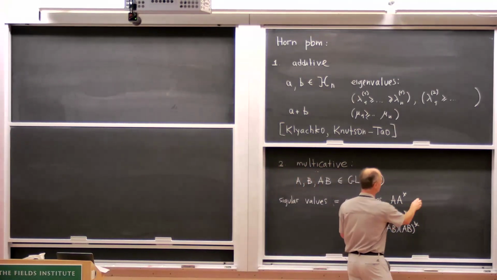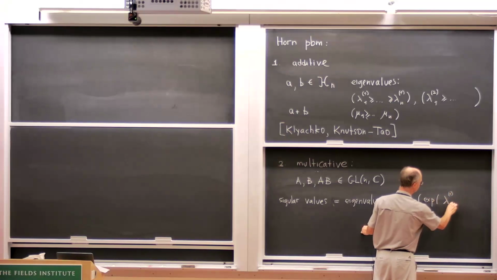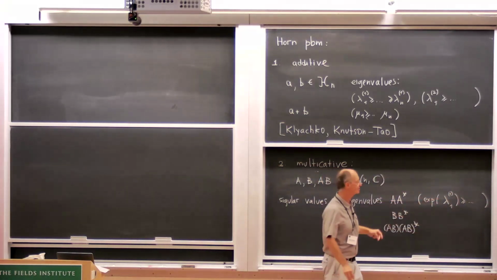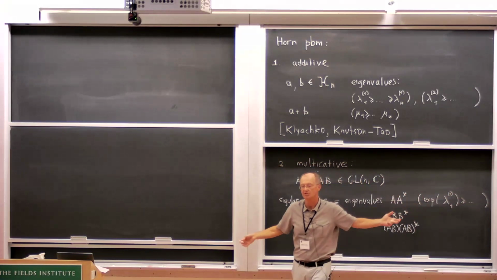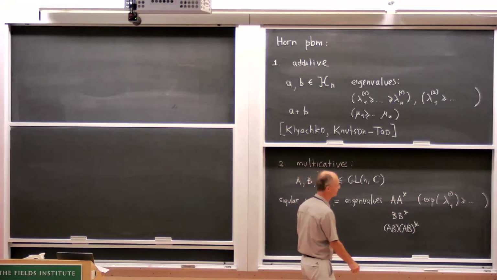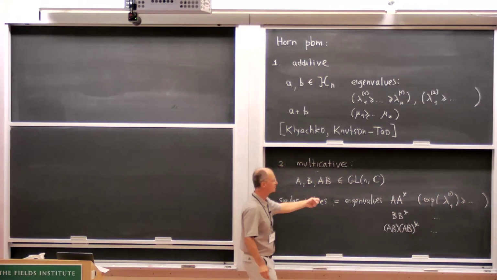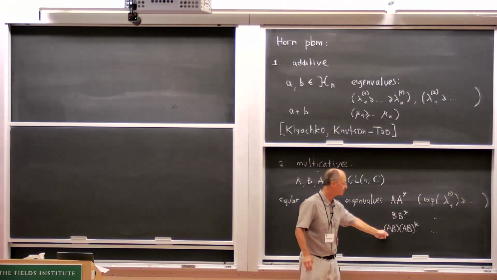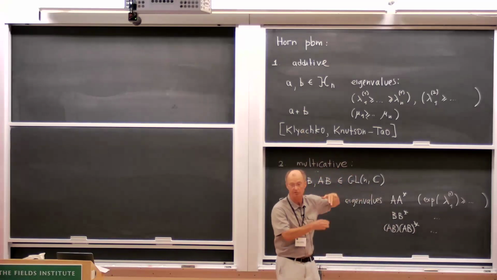And let me denote them with the exponential parametrization. So I will be suggestively using the same notation, small lambdas or small mu's, but I will take the exponential function. Of course, that's just a method of how to express it. I'm just using this notation for positive reals. And here, similar. So again, the question is the same. Suppose we know singular values of A and singular values of B. What are the possible singular values of the product, A times B? So the problem is always the same.